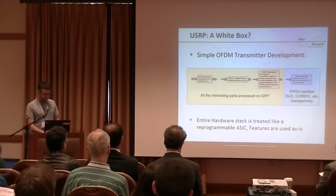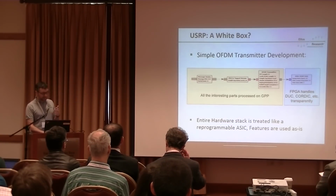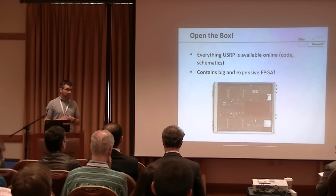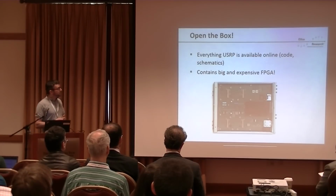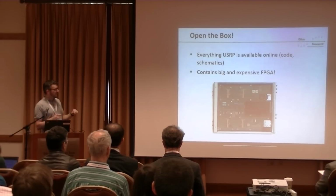And that is something that we want to break up, and that is why we developed RFNoC. Now, it would be unfair to call this block on the right-hand side a black box, because we can actually look inside. All the FPGA source code is available, as are the schematics, for example, of this USRP X310. So you can download all of these, but you won't be able to, as easily as in GNU Radio,